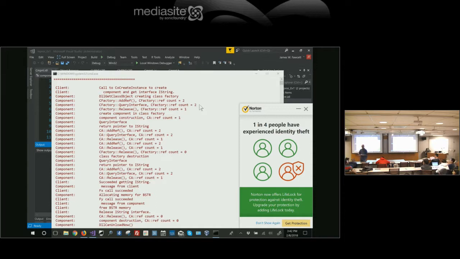Because remember, these are really C interfaces. There is no such thing as a C++ reference in COM. You can't have a C++ reference over. So, where in a normal C++ program, we'd say BSTR by reference, and then if the server changes it, we'd see the change. Here, this is a C-style interface, so we have to create a location, a value in our client program for that BSTR, and then we pass in the address of that location, and then COM writes the BSTR into that location. Okay,